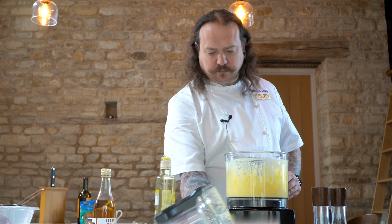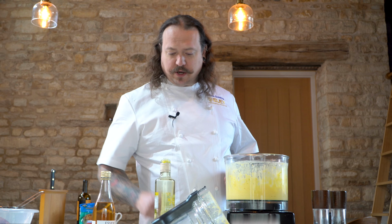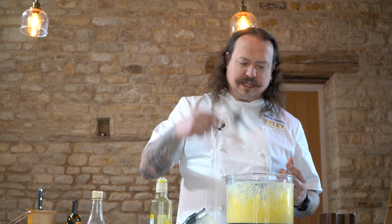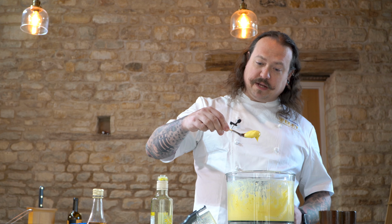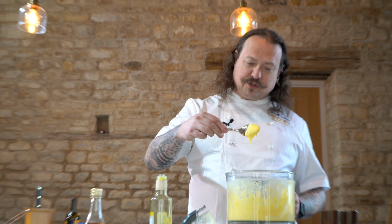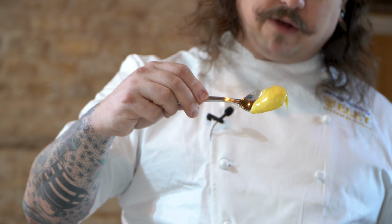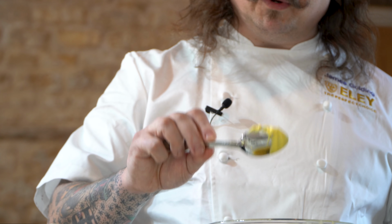So my top tip is if you add in too much of the oil and you can see it's super thick and it's not able to be spread, then just don't panic, get a little bit of warm water and just add that in drop by drop, and you'll find that it will come back to the consistency that you want. So the consistency we're looking for is a lovely shine, thick enough so it just kind of drops off the spoon, like so. So not runny and not so thick that it doesn't fall off. So that's what we're looking for,